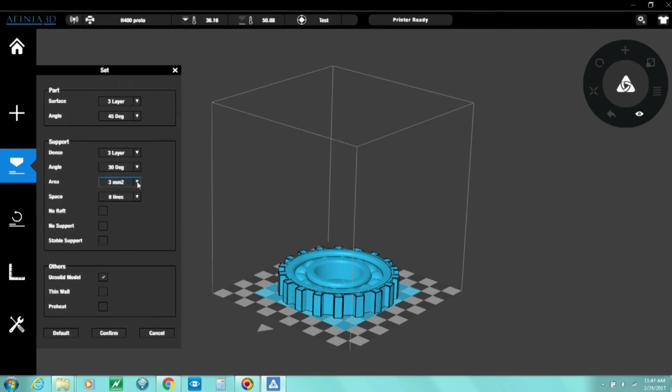Area is the amount of area underneath. If it first hits this threshold of the angle, then it'll measure how much surface area that angle has to be supported. If this is less than 3 millimeters squared in area, it will allow the model just to support itself and not print any support material. If it's greater than 3 millimeters squared, a bigger surface area that has to support, it will build the support